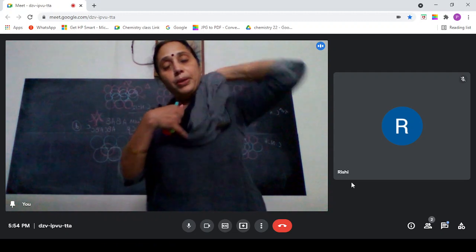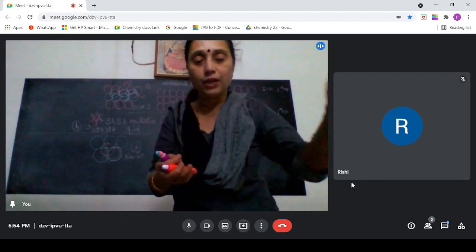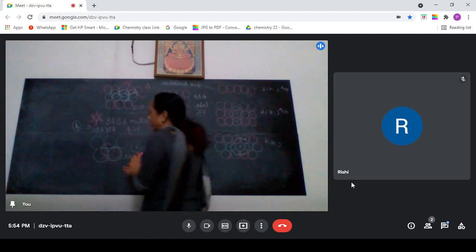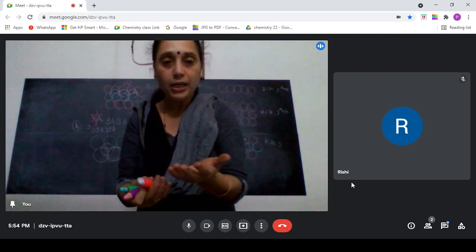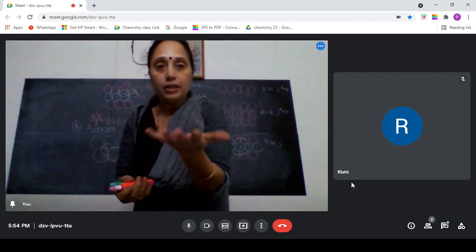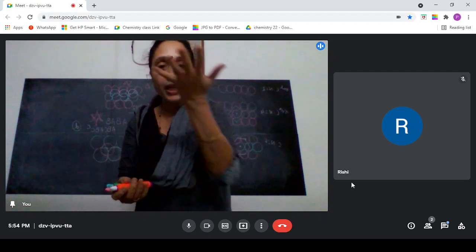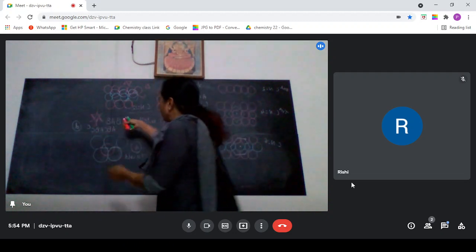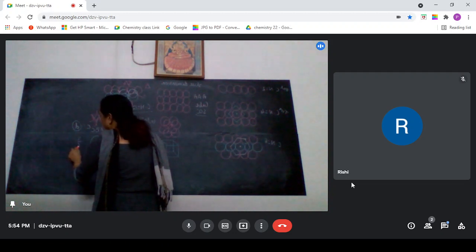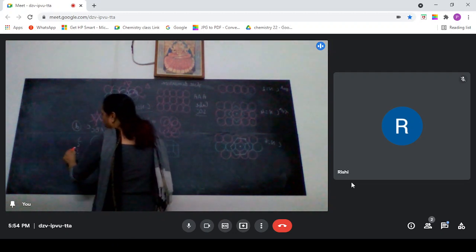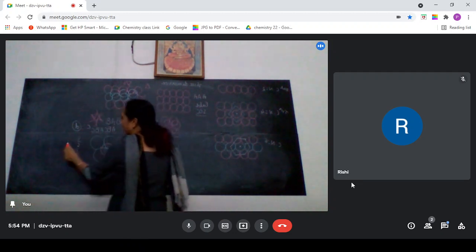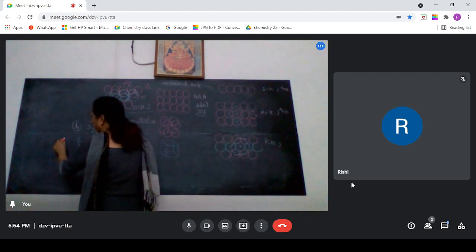So A, B, C, it will repeat like that. So here also the coordination number will be 12 only. Coordination number 12 means here 6, 3, 3, 6. This is hexagonal close packing. It will be 3, 6, 3, 6 like that. Now in the next, if it is ABC type, it will be 6, 3, 3, 6, like this.